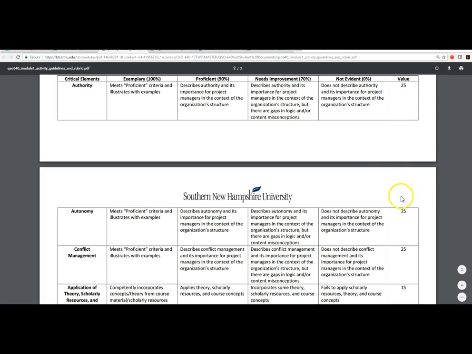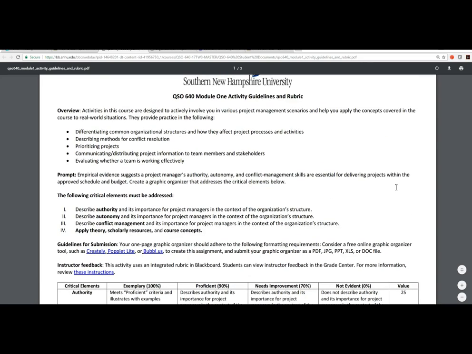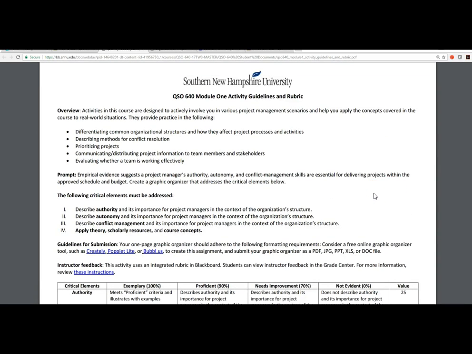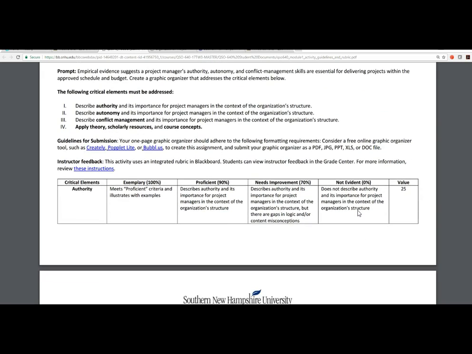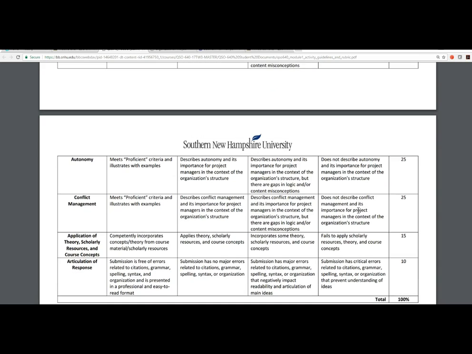I believe this one is worth, let's see here, I can't remember. I think it's 100 points, but anyway, I'll provide that information where I can look it up, make sure.